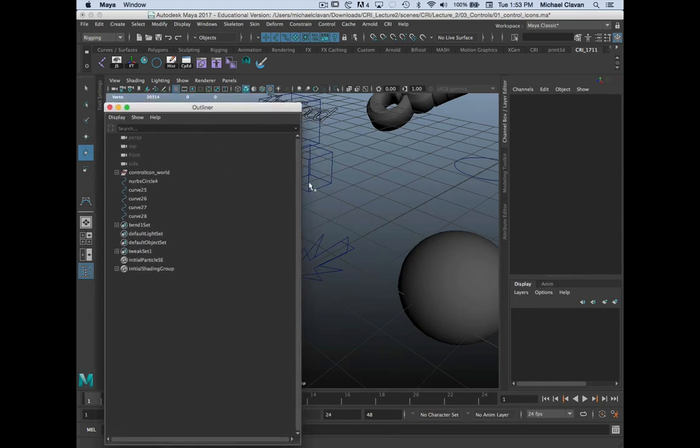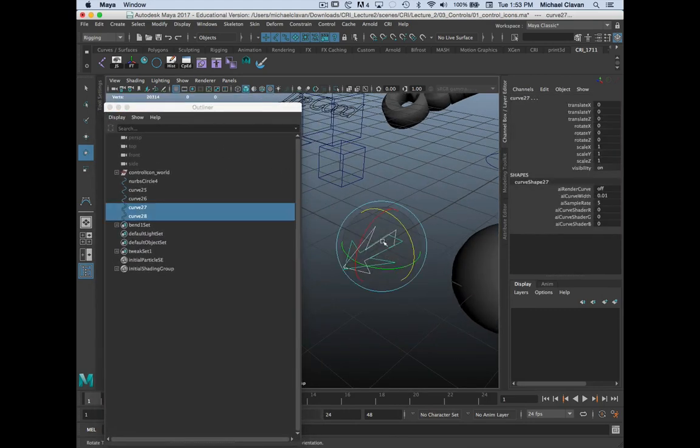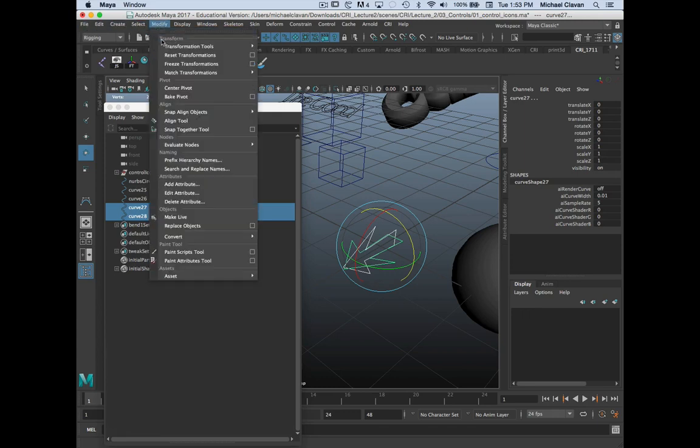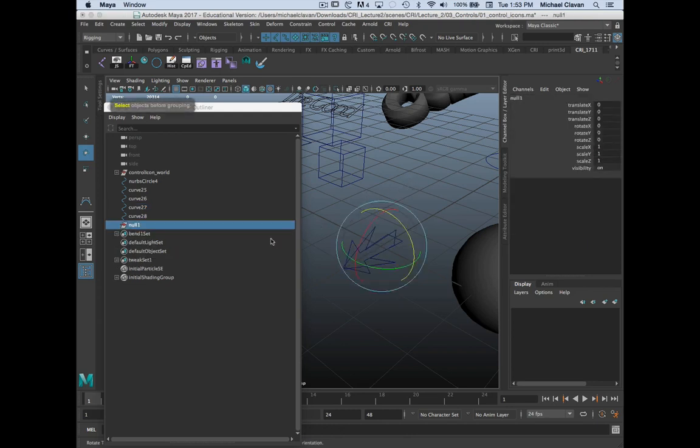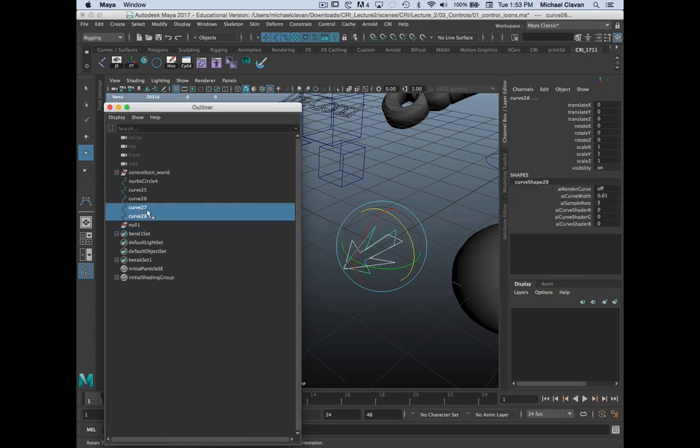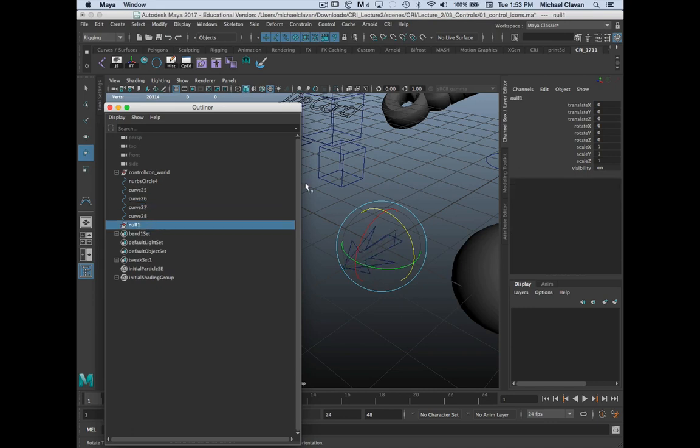Okay. And the key thing here is I need to freeze transforms on both of these first. Okay. So I'm going to say modify, freeze transforms. Like that. Okay. Now I'm going to create a blank group with nothing selected. Like that. And when we parent things, we can parent, these are what are called transforms. These are the things you can select. Pretty much transforms are the translate, rotate, and scale. Okay? Anything you pretty much select in the 3D environment to move it around,